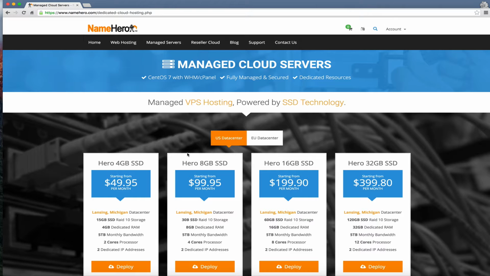The question that mainly determines this is, where's the majority of your traffic coming from? If you're promoting campaigns in the United States or in North America, then you want to choose the US server. If you're promoting the majority of campaigns in Europe internationally, then you want to choose the European data center. For this example, I'm just going to select the managed 4 gigabyte server here that starts at $49.95. So we're going to click deploy,